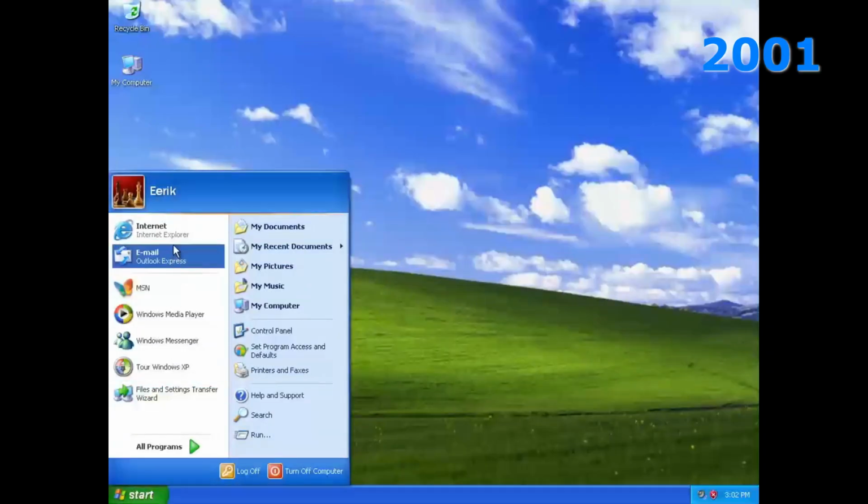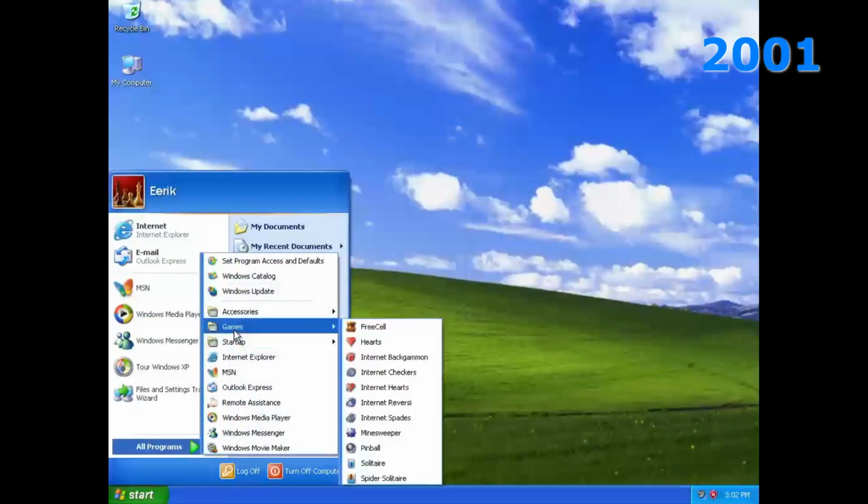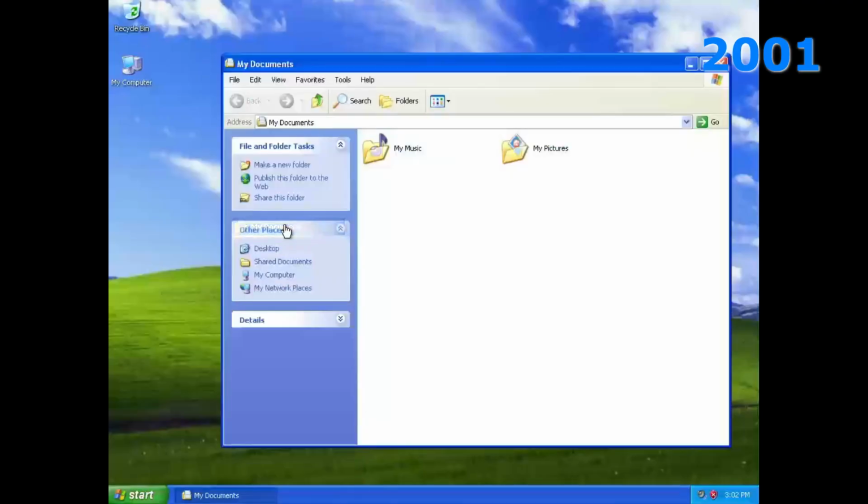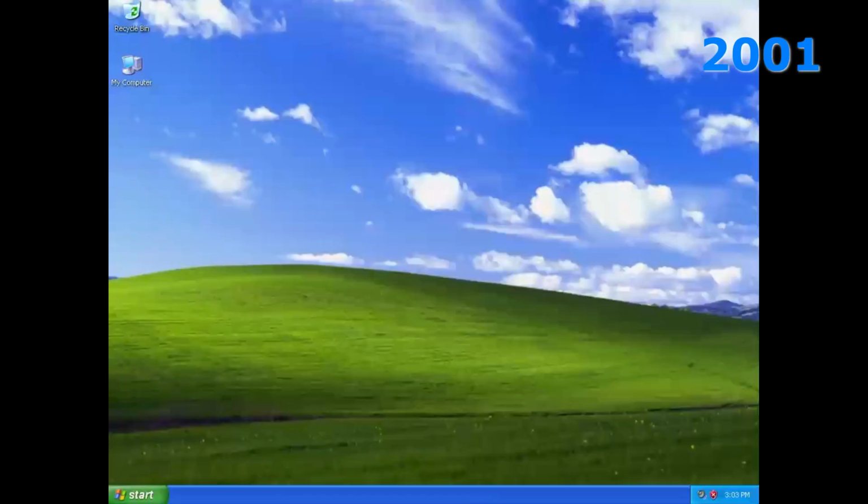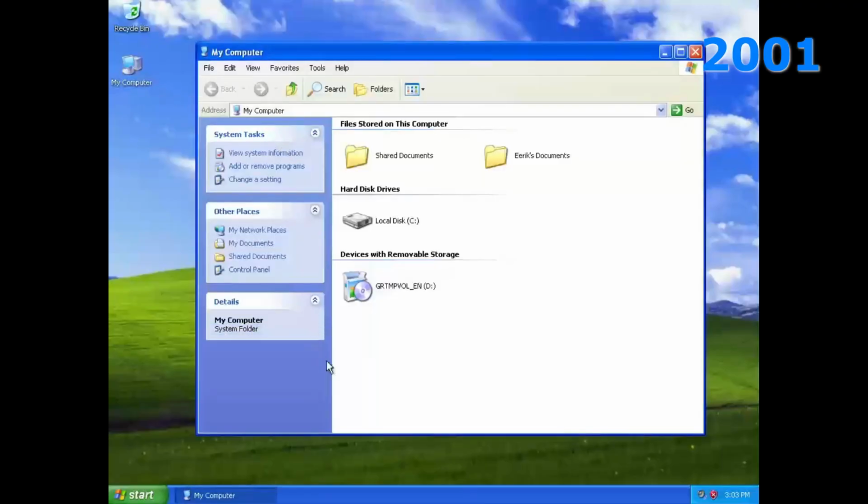The start menu got a major update with programs on one column and folders and settings on the other one. I entered this world during the XP days, and this was the first OS I had experience with for a while. The appearance was criticized by some for looking like some kid's toy, to which I say, okay, so what?